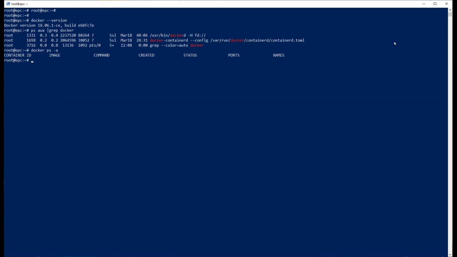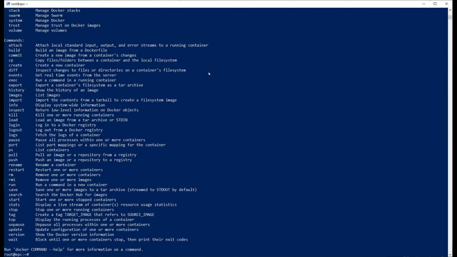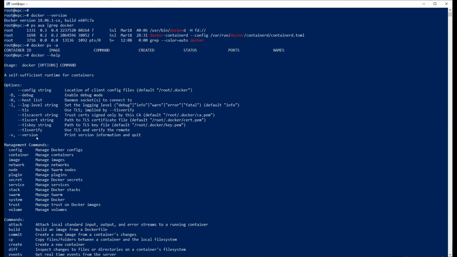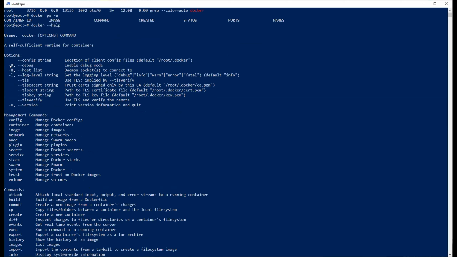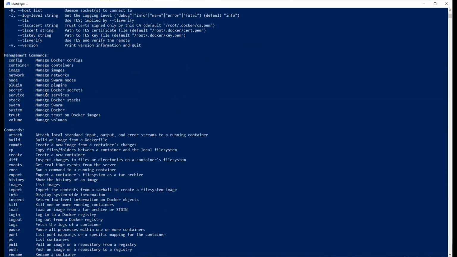Right, so the Docker command line is operated with Docker commands. To see all of them, you can just type docker --help, and it will show you all the possibilities you have. You can use -d to debug stuff. Most often you will just manage images and networks. You will manage nodes if you're running in Swarm, like in microservices. You will manage plugins, network plugins, and all of that. We are not going to cover all of this because it can get too much, so I will keep it simple so you understand what it can do.